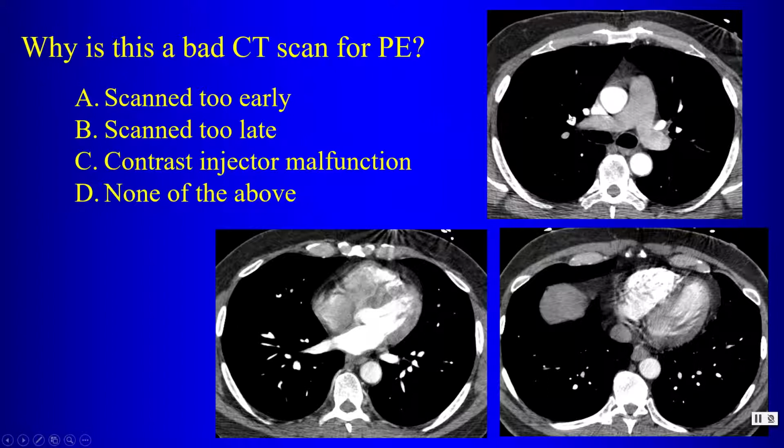So if we have contrast coming down the SVC and contrast within the aorta, why isn't there good opacification of the pulmonary artery? Well, the answer is down here. If we look at the right atrium and the right ventricle, we notice that the contrast has been diluted within the right-sided chambers. So what is diluting that contrast? That is unopacified blood coming up from the inferior vena cava into the right-sided chambers,